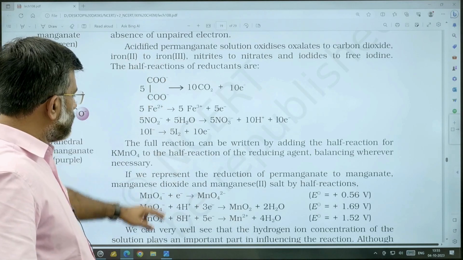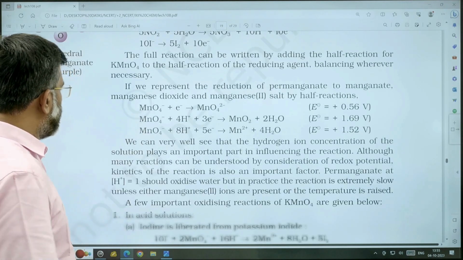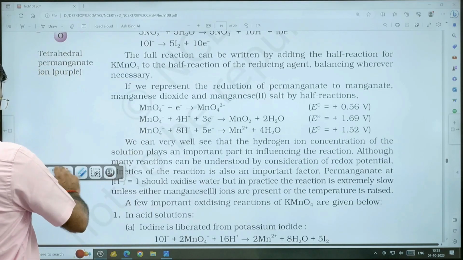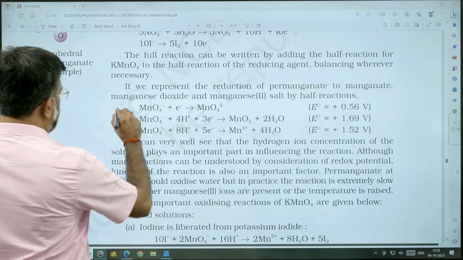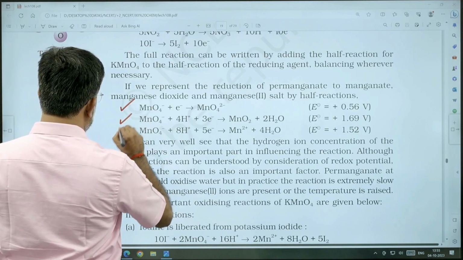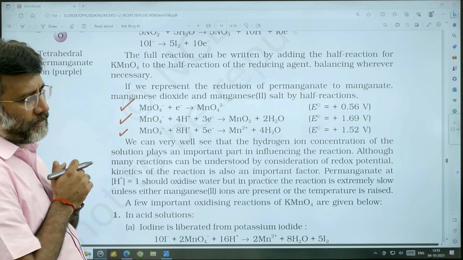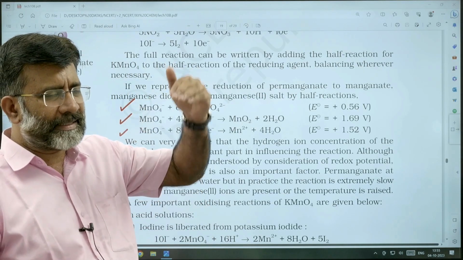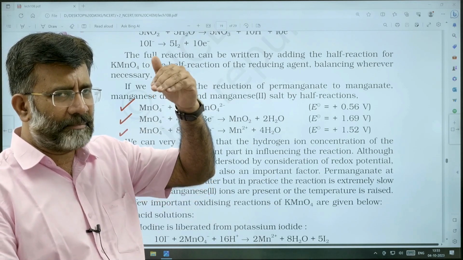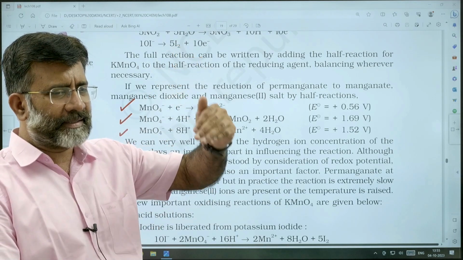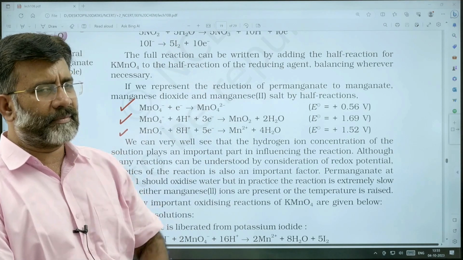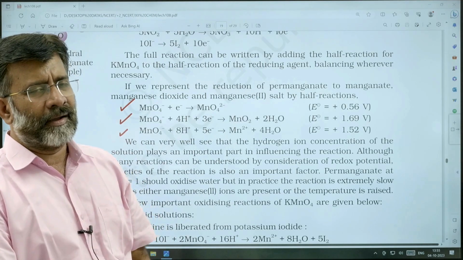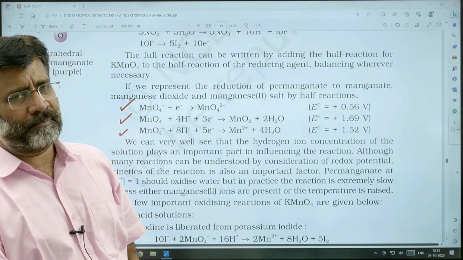These are various reactions, and the nature of the oxidizing action of potassium permanganate depends on the pH of the medium. When there is a change in the acidic, alkaline, or neutral character of the medium,